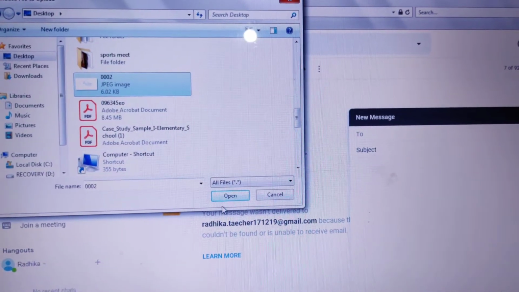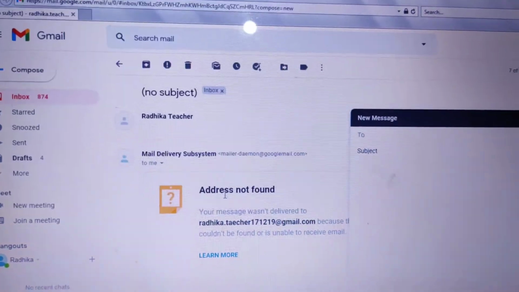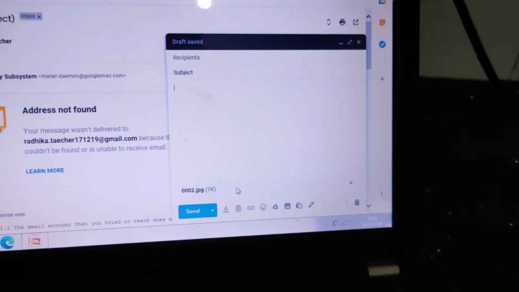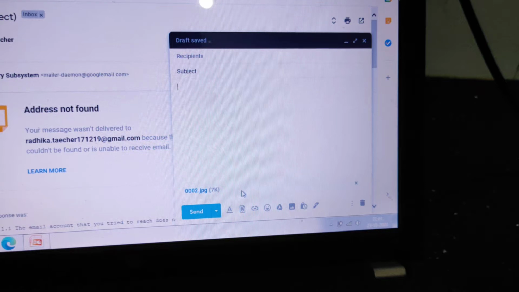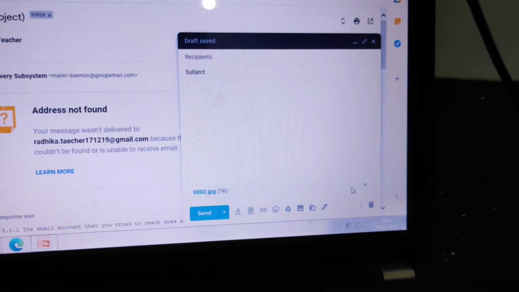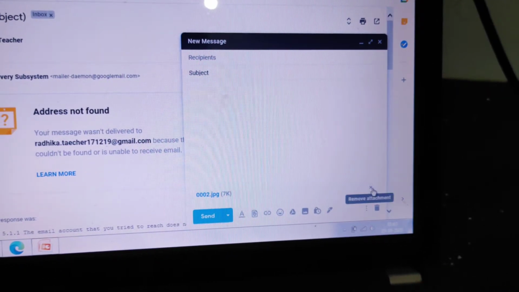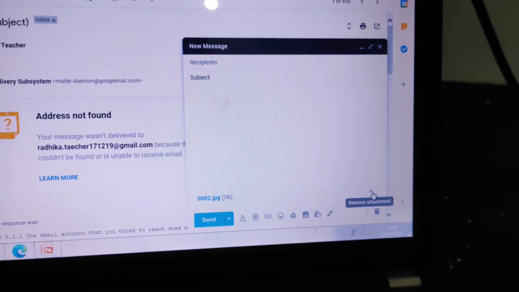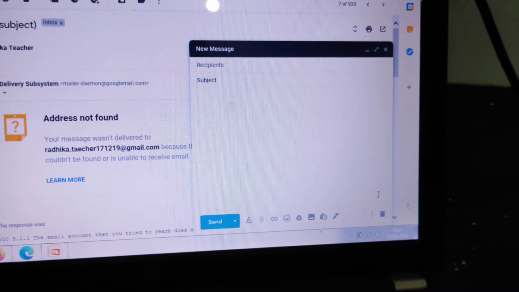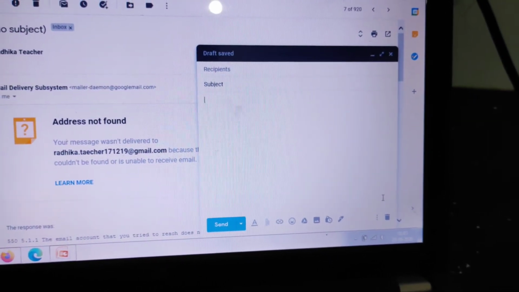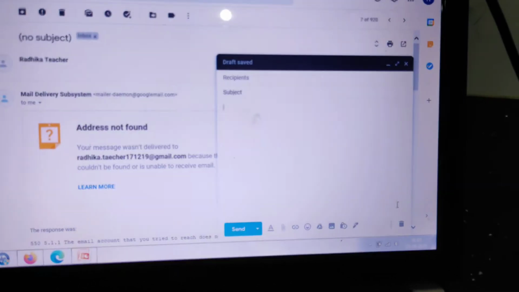Click on it, that means you have to select, and after that click on open, and you can see this picture will be visible in the attachment. If somehow you do not want to send this picture, then you have to click on this cross button in this way. So these are the simple steps for attaching a file in Gmail.